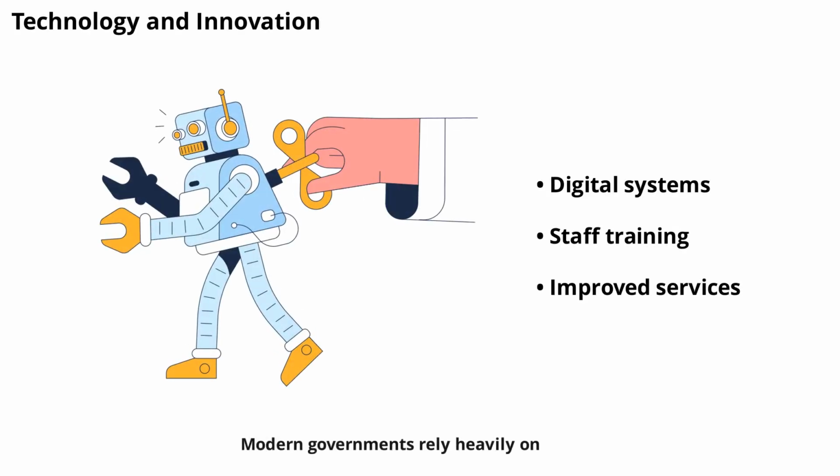Modern governments rely heavily on technology to maintain their systems. From digital record-keeping to online services, technology improves efficiency and accessibility. Governments must invest in secure, up-to-date systems and train staff to use them effectively. Embracing innovation helps governments respond to changing expectations and deliver better